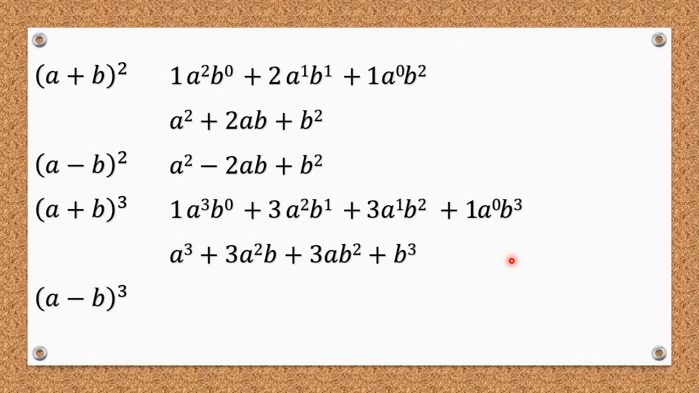If I take a minus b cube, the first value will be positive, second will be negative, third will be positive, fourth will be negative. Alternate values, positive, negative, positive, negative, and so on. But let's take something which you don't know. We have done the squares and cubes in earlier standards also. Using this same logic or system or method, let's try